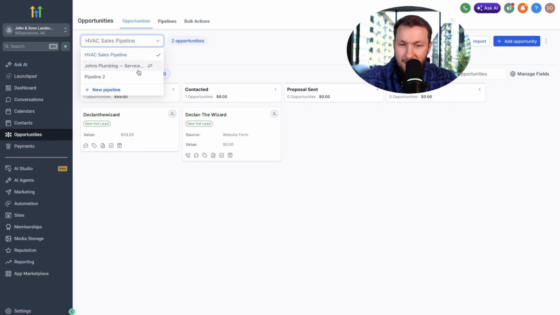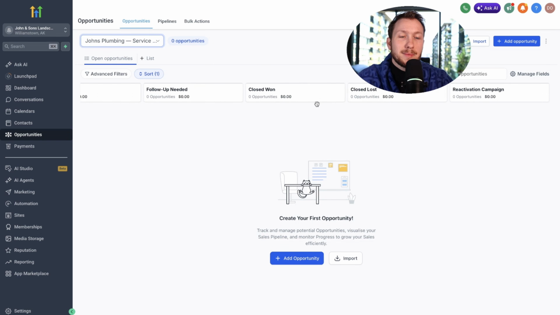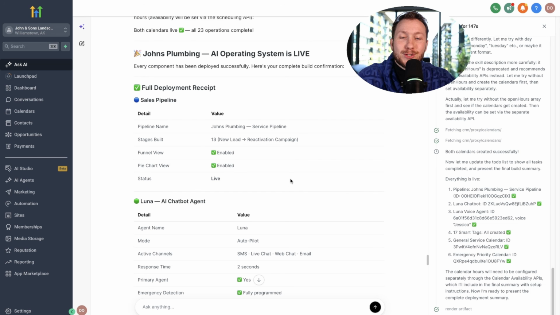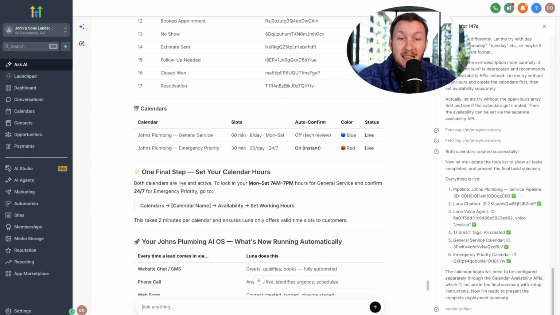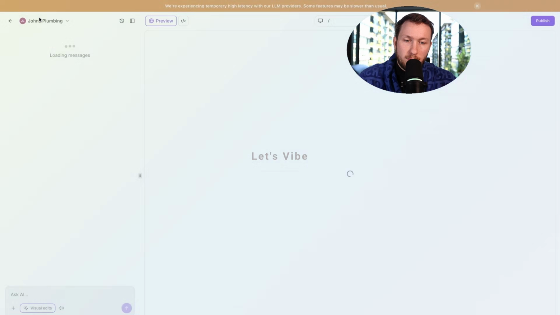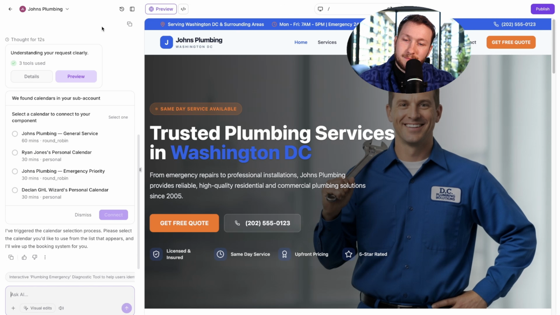Let's go to opportunities, see what it built. Okay, let's see. Oh my gosh, dude. It created the pipeline too. This is so insane to me that it's this powerful. I literally just told this thing to work for me and it built out so many different assets. I didn't even check all the assets, but let's come back into here now because I want to see what calendars are pre-populating. So let's refresh this page real quick. Okay, it does this one. So we're going to say, please check calendars again, because ours popped up. So it's going to look at that.